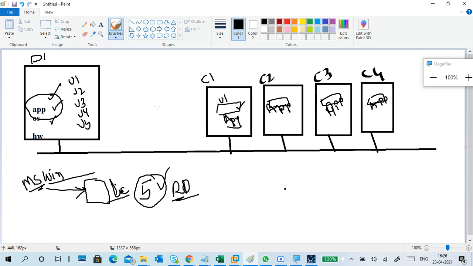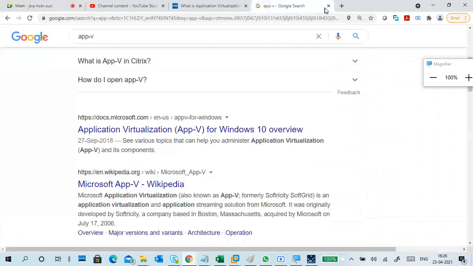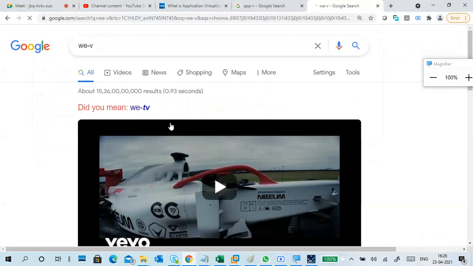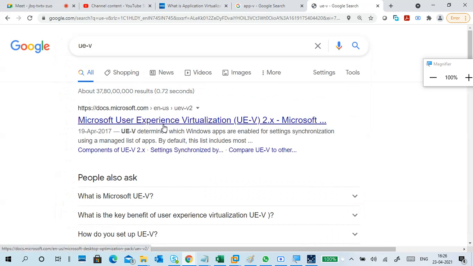User state virtualization, UE-V. Where is this? UE-V. User Experience Virtualization. This is also a virtualization.